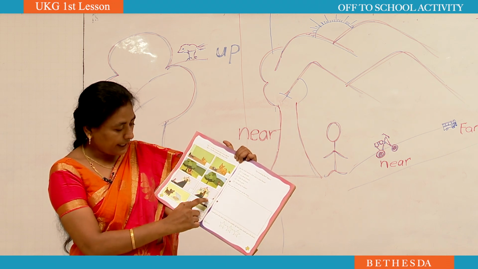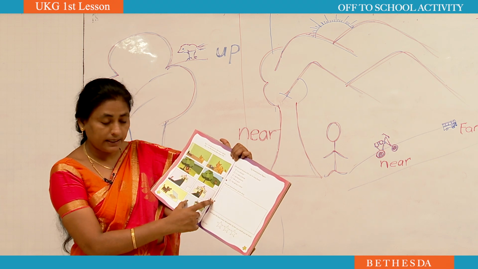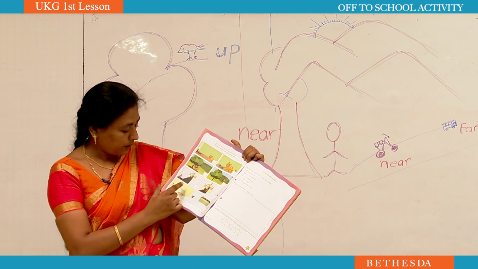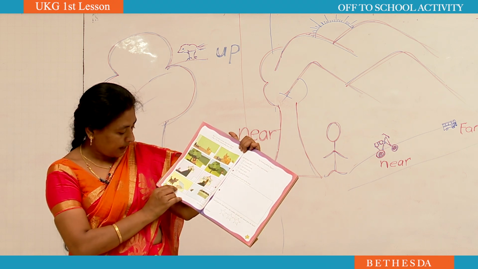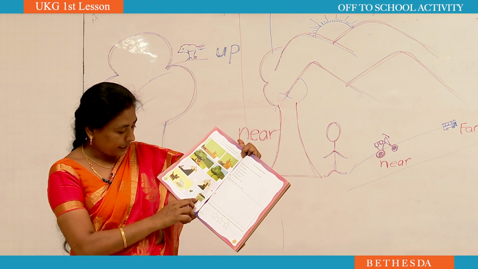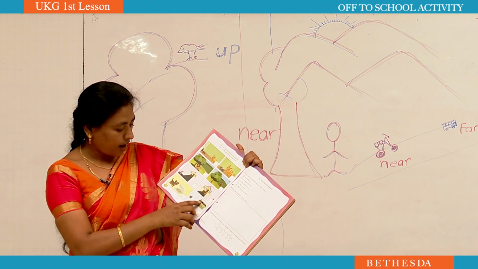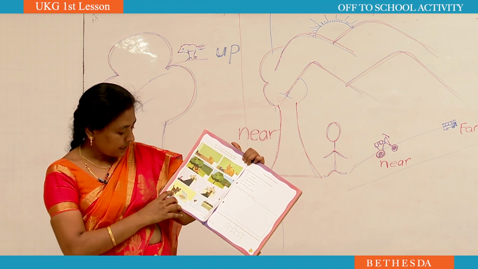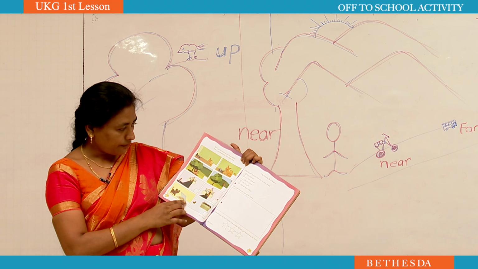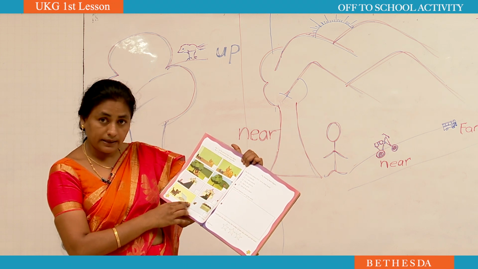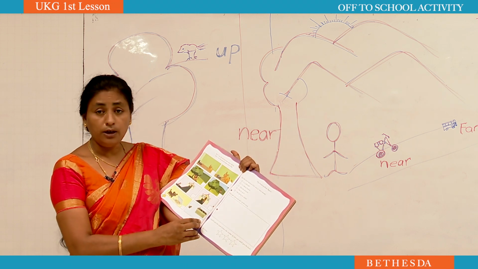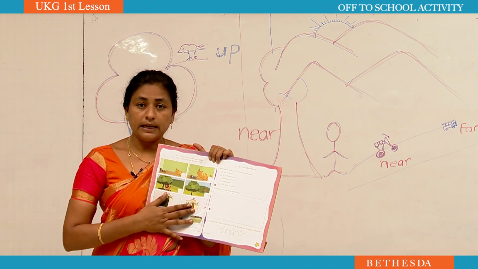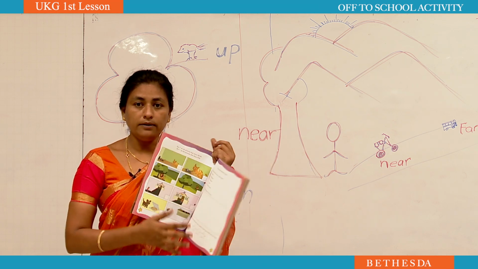So, for the near you have to use red crayon, and for the far you have to use blue crayon. Okay, Nana? Here there is a pizza and the puppy, and here you can see the pizzas are far. Here there is a puppy. Near the pizza, the puppy is there here. For the near, you have to use red crayon and for the far the blue crayon. You have to do this activity in your Little Thinker English textbook. Okay, Nana? Bye.